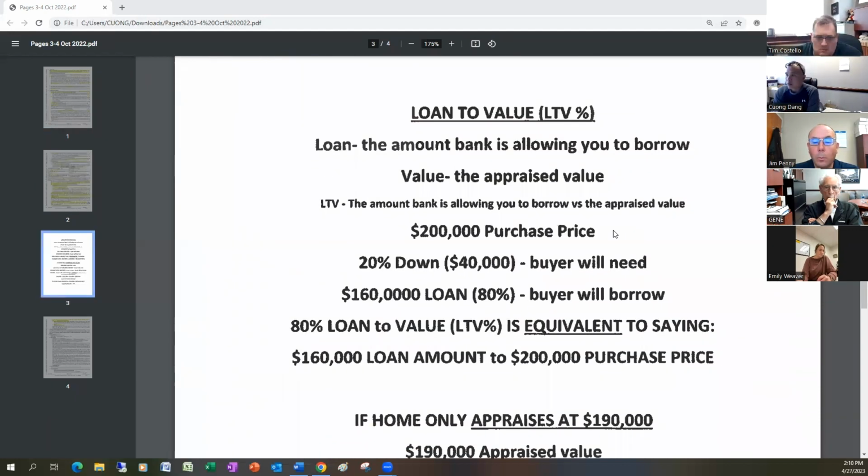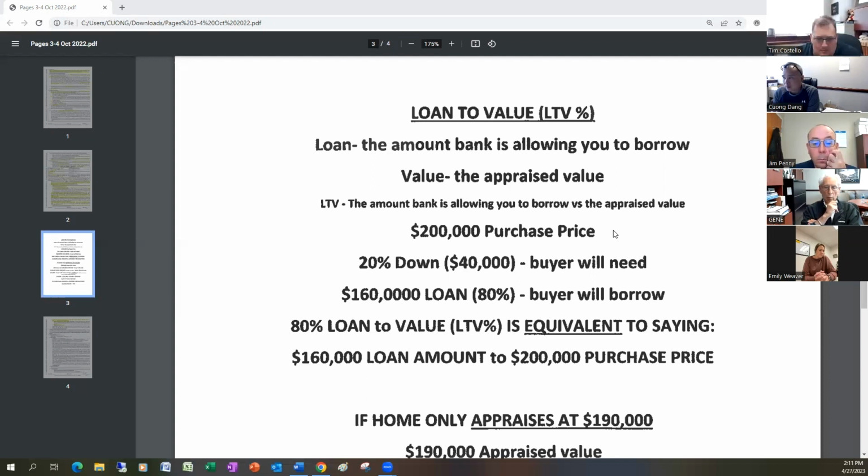Loan to value percentage. Loan is the amount the bank is allowing you to borrow. Value in this case means the appraised value. So the loan to value is the amount the bank is allowing you to borrow versus the appraised value. For example, you have a $200,000 purchase price. 20% down is $40,000, right? Got that, Jim? Okay. So the loan then is $160,000,